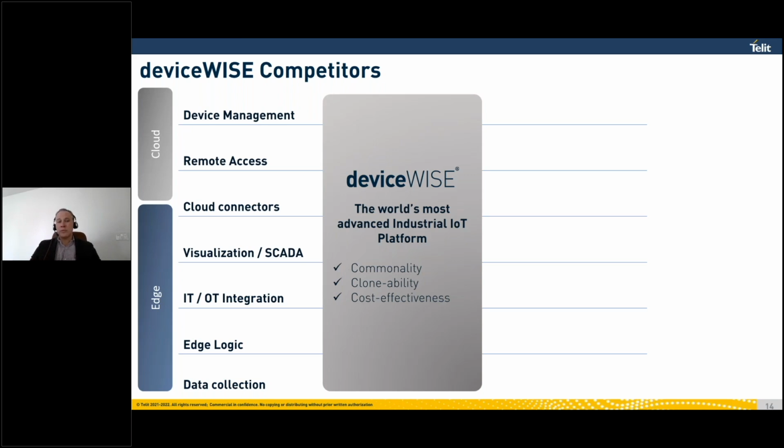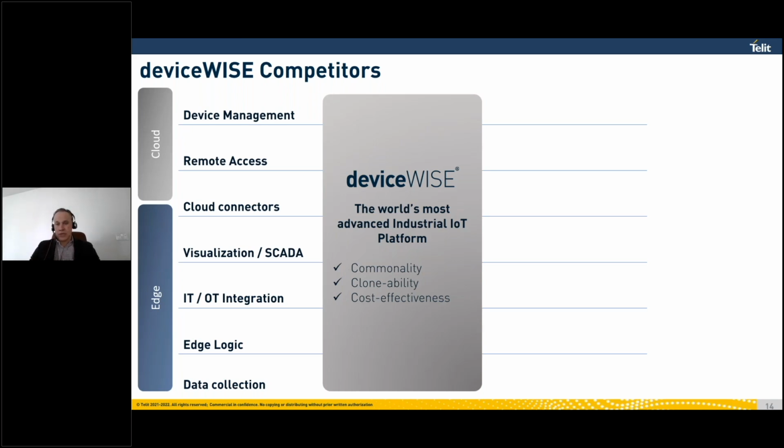So with one single platform, we can provide to our customers all the answers, all the tools for them to deploy this, providing a commonality layer. That means that we transform all the machines with different protocols and all the IT systems. We provide a real-time translation of all these protocols, making them talk to each other. At the moment that you deploy a project like that, you can clone it and deploy it line by line to multiple factories in a very fast way. And exactly because of the fact that we have this fully integrated, deviceWISE is by far the most cost-effective solution